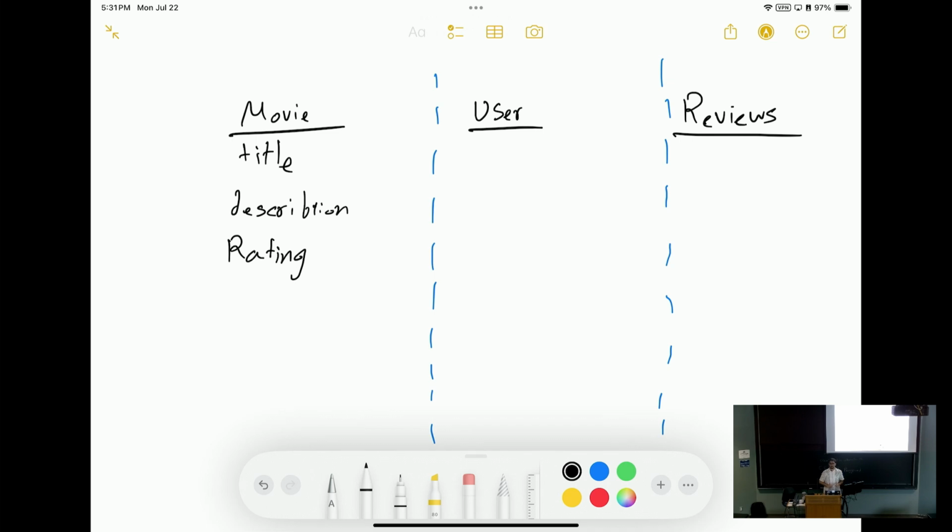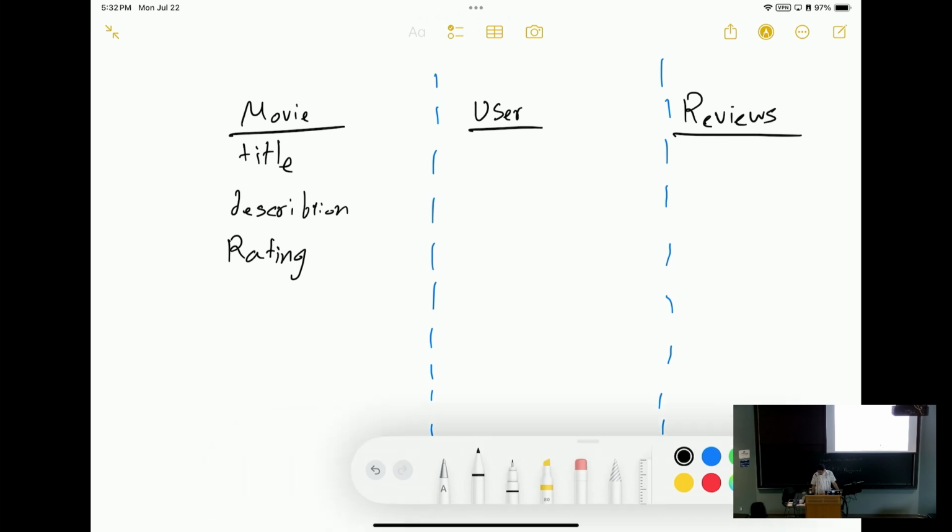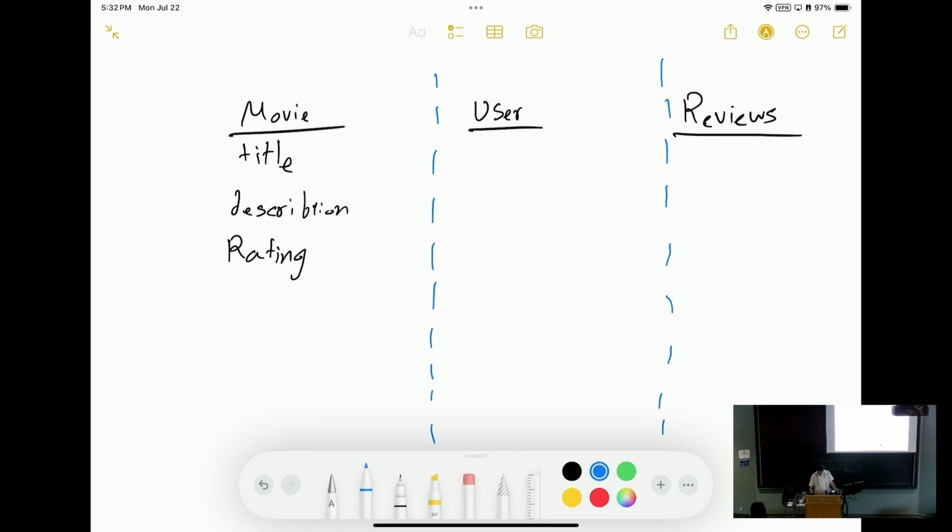Yes? Wait, in this case, sorry, I'm completely new to this, but could we do like a pointer to the array of the cast or something? Can you repeat that again? In that case, would it be possible to contain some sort of link pointer? I don't know if that's the term that applies here, to some array of the cast. Yes and no, somehow. So the way that we usually do this is we add a new table, which you're correct on this part,